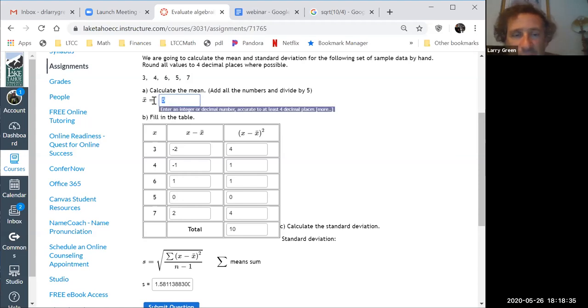So again, the X bar was 5 because we added them up and divided by 5 and got 5. Then we subtracted 5 from each of these numbers, 3 minus 5, 4 minus 5. If I have time, I'll do one at the end. How's that? And remind me. Any questions? Because I want to do enough types.